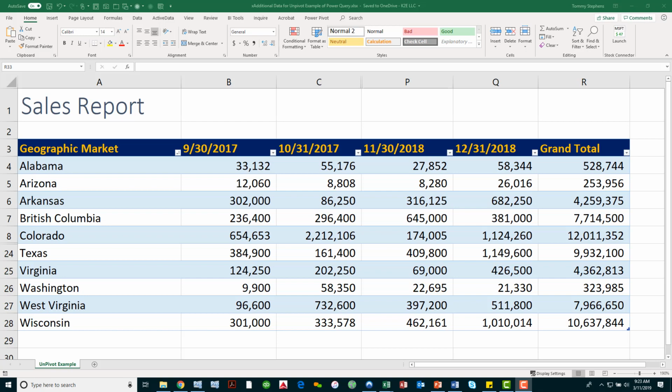In today's tip, we're going to focus on how you can unpivot data with Excel's Power Query tool. Power Query was first released for Excel all the way back with the 2010 version of Excel. At that time, Power Query was an add-in for Excel. Beginning though with the 2016 release of Excel, the functionality of Power Query became, shall we say, fully baked into Excel. And as a result of that, Power Query is starting to really become much more of a mainstream tool